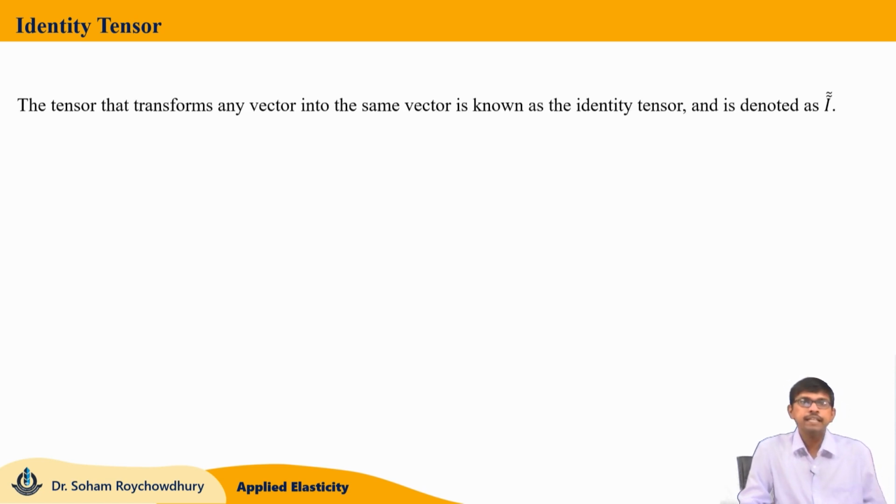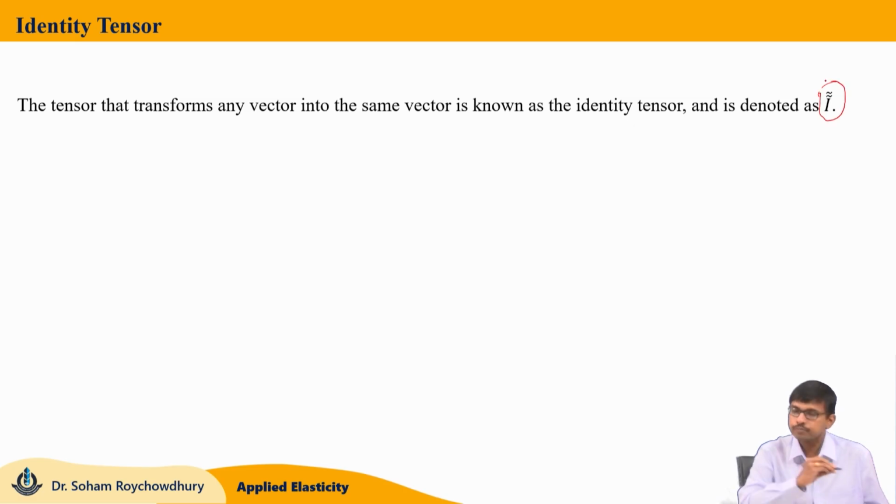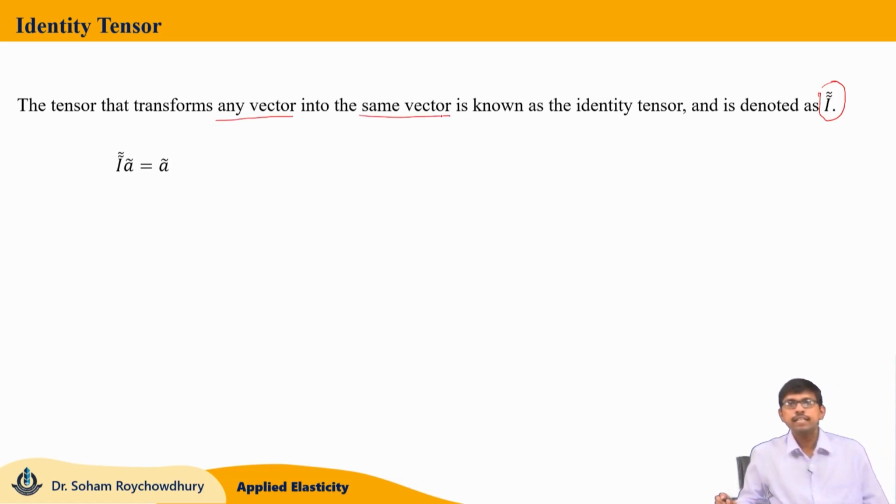Now, coming to the definition of the identity tensor. The identity tensor is a tensor which transforms a vector into the same vector, and it is denoted with the help of this I. So, this I is used to denote the identity tensor. Now, by definition, as the identity tensor transforms any vector into the same vector, let us consider a vector A. The identity tensor acting over a vector A would result in the same vector A, as written here, I acting over A